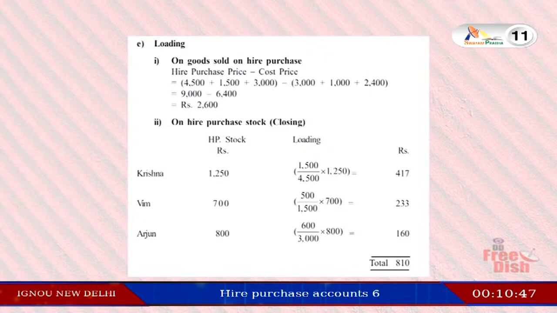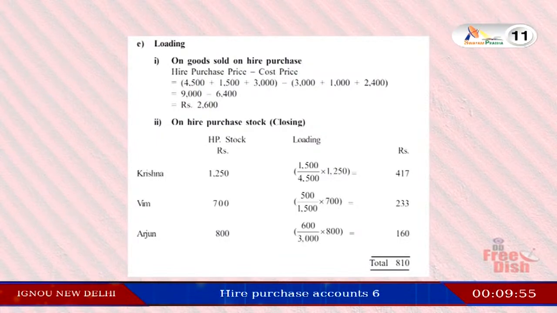So here you see that these amounts 4500, 1500 and 3000 are the figures given in the question. This hire purchase price is paid by Krishna, this hire purchase price is paid by Vim, this hire purchase is paid by Arjun, and this is the cash. This is the difference, 2600, 9000 minus 6400. Then on hire purchase stock, the amount of the loading amount. So for Krishna, yes, 1500 has been included as loading in